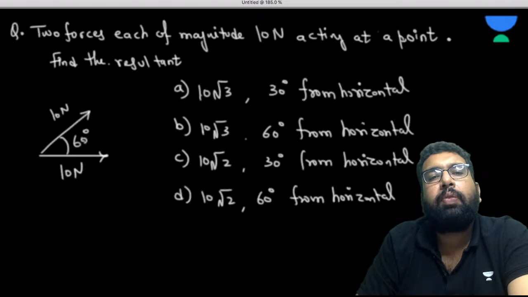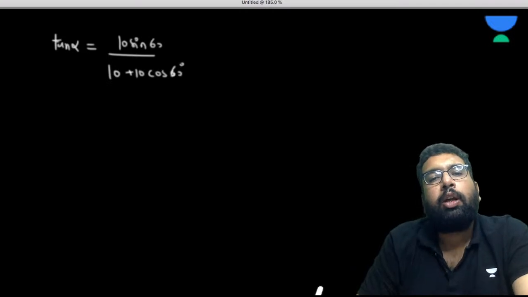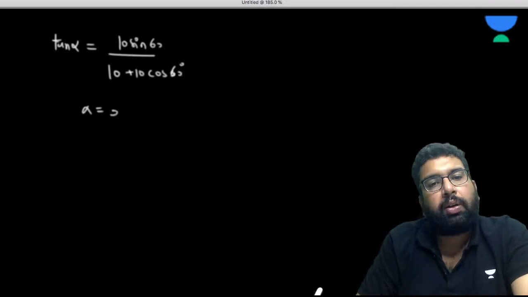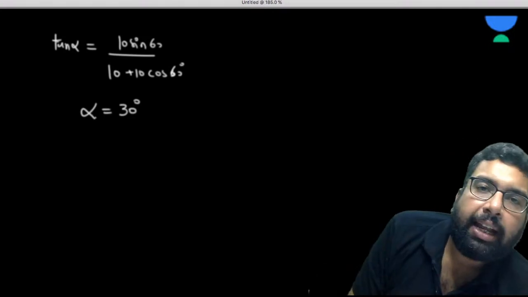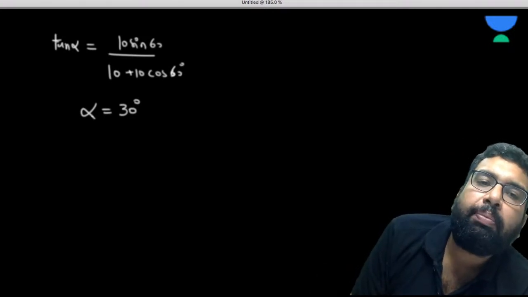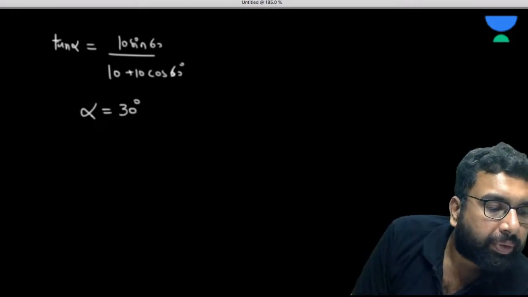So we can use the formula for that also. Tan alpha is equal to, since we wanted it from the horizontal, 10 sine 60 over 10 plus 10 cos 60. I'm very sure when you solve this, you are going to get alpha equal to 30 degree. Clearly, from the graphical method, we came to know that whenever two vectors are equal in magnitude,